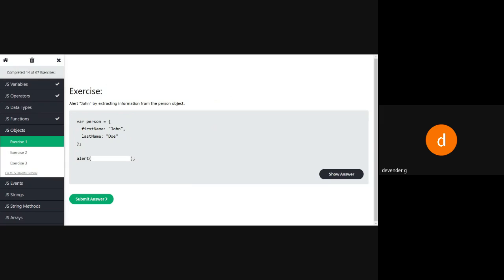So I want to print person dot first name. In this I have to specify because this is in an object array. So I was thinking about this, a zero should be there, but how will it be taken. So person dot first name.